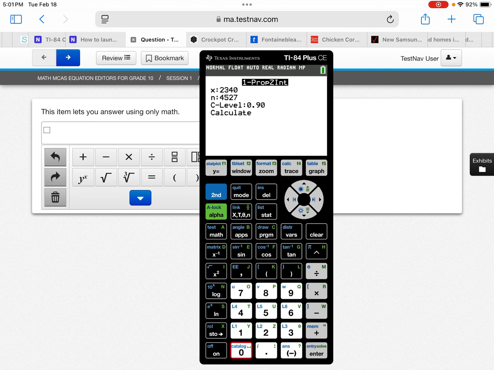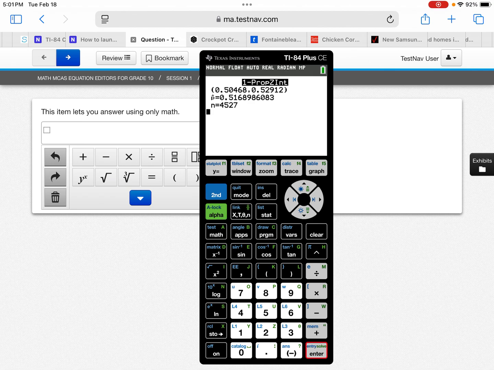I actually forgot what confidence level it is. It looks like it's 90 if I can read the notes correctly. So there we've got 90%, and we're just going to go down to calculate, and it's going to give me everything that I need. There is my confidence interval. It is 505, so to